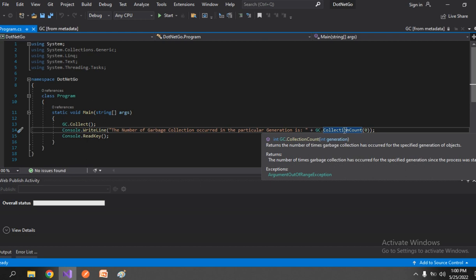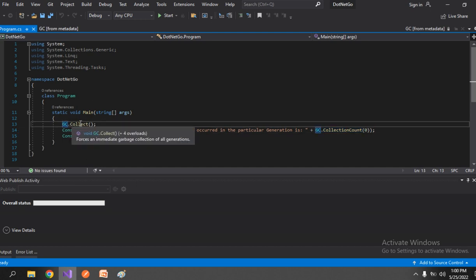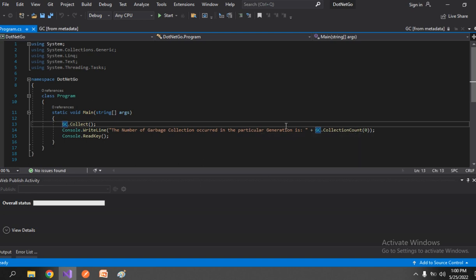Here the description is: returns the number of times garbage collection has occurred for the specific generation of object. So I want to see how many times garbage collection has occurred in generation 0 heap memory. I manually did a garbage collection first, then I want to see the number, how many times